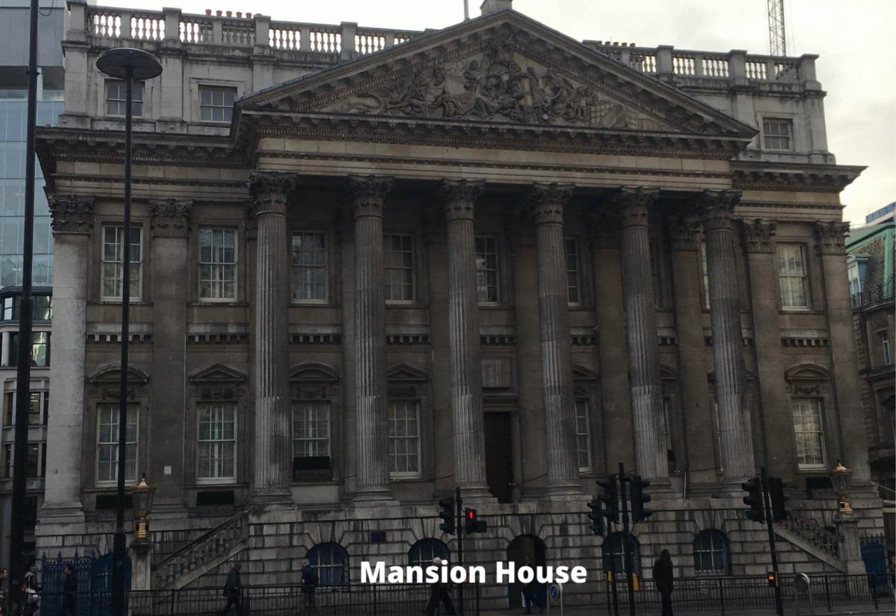Designed by George Dance the Elder, this Grade 1 listed building is in the heart of the city, right next to the Bank Tube station. Today the house has a collection of plates and art, including sculptures and 84 Dutch paintings of the Harold Samuel Art Collection. Just a slight stroll from the Mansion House takes me to another synonymous financial part of bank, the